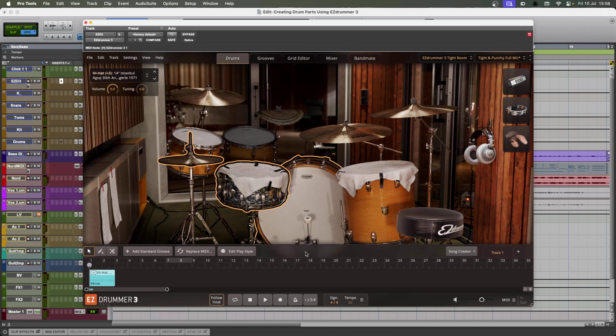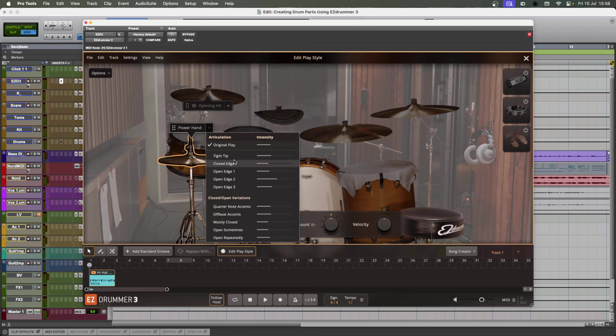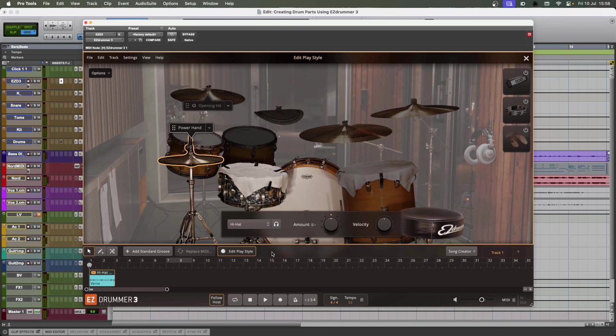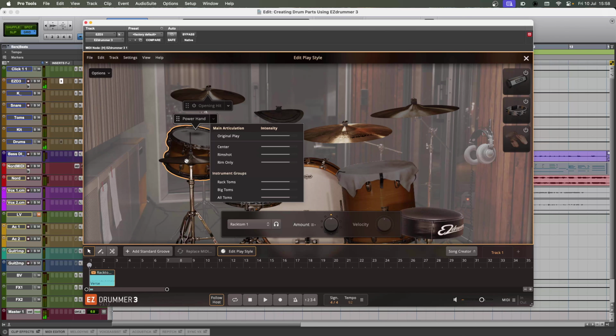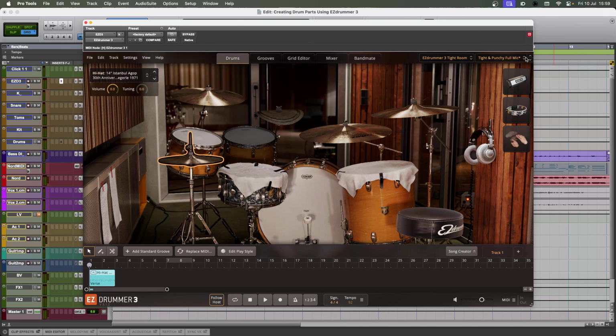So that's the timeline sorted out. I do have some further options here if I do want to further refine my MIDI in the song track. Got some great options, so you'll never be stuck, and you can even do things like drag the power hand to a different instrument. Love that, great feature. Now EZdrummer 3 comes with 7 different drum kits across 3 different rooms, all recorded at